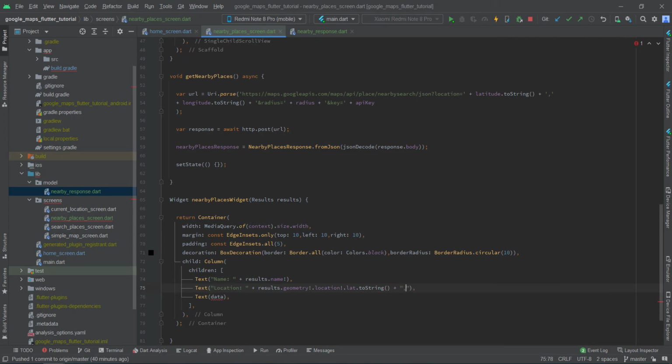And plus I have to display longitude as well, so I'll just copy this line, and instead of lat I will use lng, and results